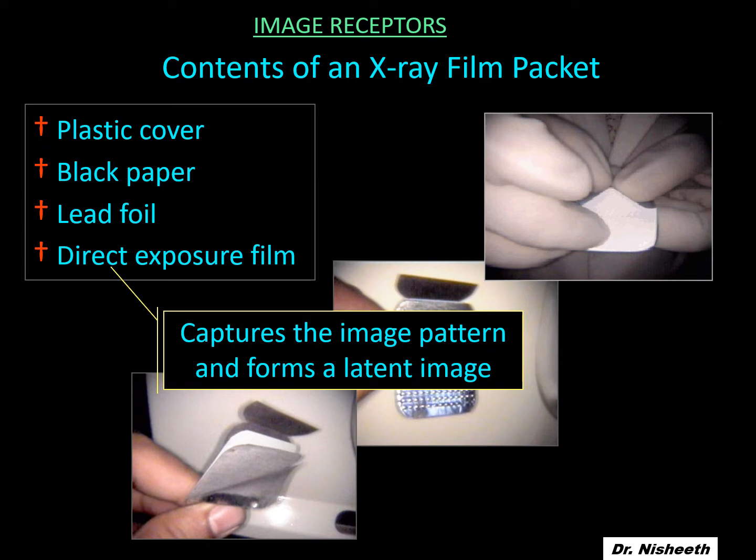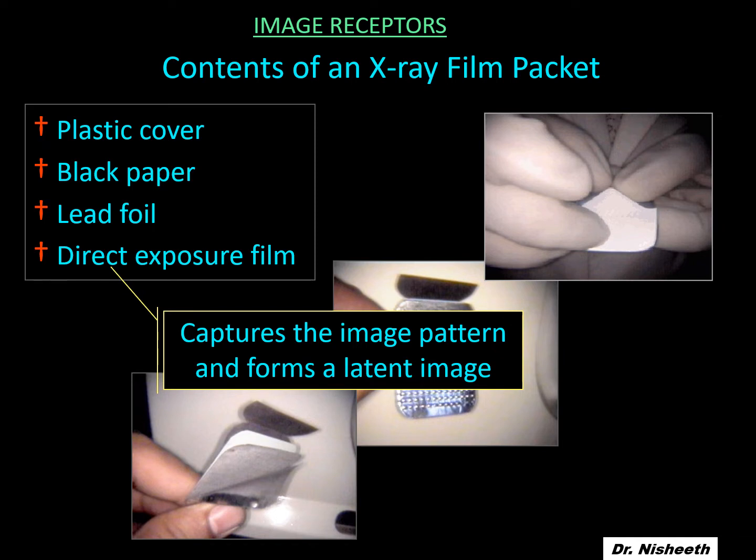All of you know that lead is a radio protector. It is a radio-opaque object. It does not allow the X-rays to pass through it. So if I want to make an X-ray of, say, the right side of mandibular teeth, I do not want the tongue and the left side of mandibular teeth to get exposed. So we have to keep something in between which will protect the tongue. So when we expose the radiograph with the X-rays, a lead foil is kept behind the film. That lead foil helps the X-rays not go to the tongue or the other side of the film.